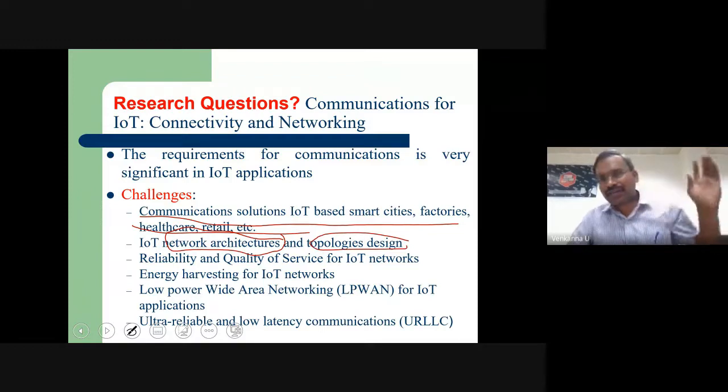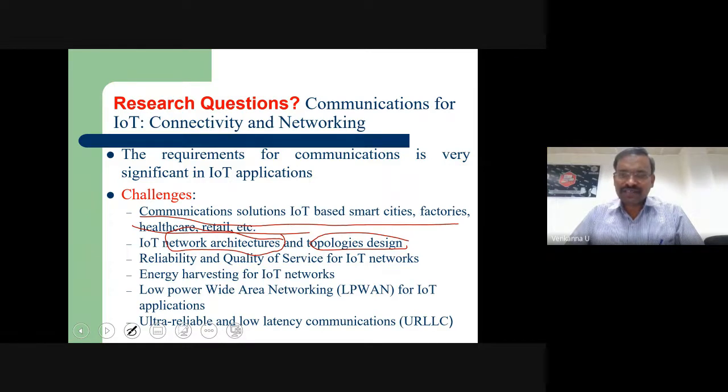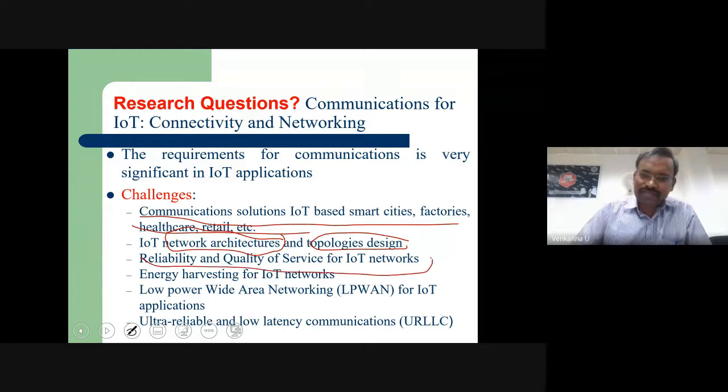In a regular network, there is a standard protocol design and standard topology, which is star, mesh, and so on. But when you come to IoT, because nobody is thinking of making IoT nodes in the network, that is why it is a question mark. As I said, reliability and quality of service are going to be very, very important. If anybody is starting to think about this, it is the right time to look into it.